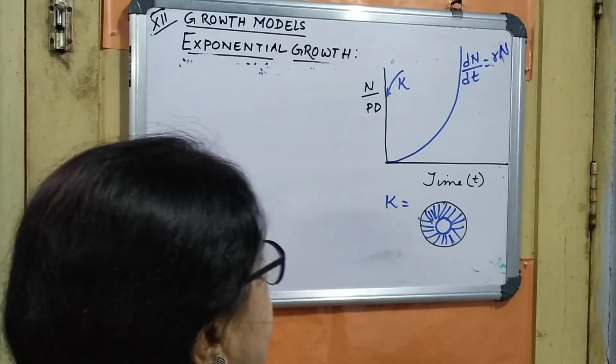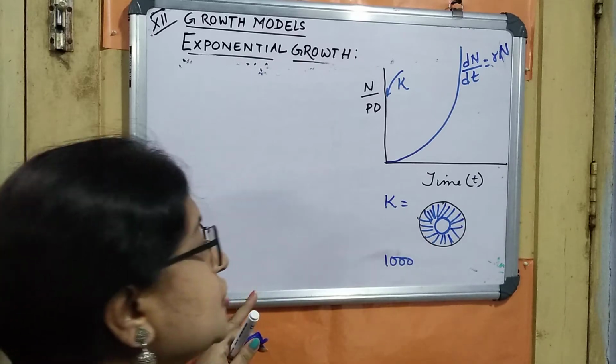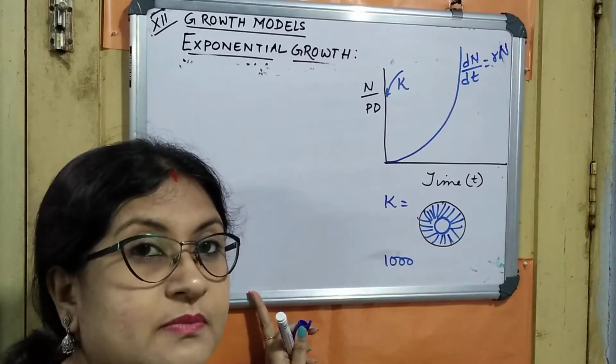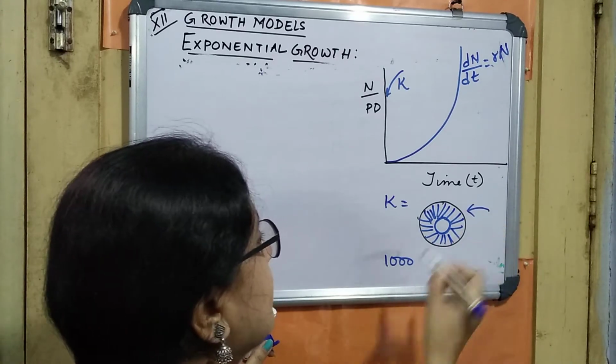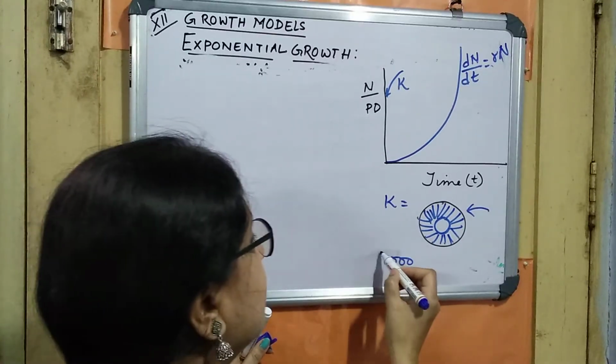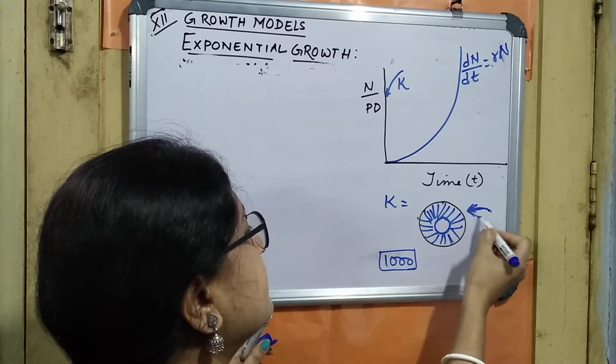Now suppose for all the people, I have a limitation of 1000 chapatis at my home. What will happen if another person comes from outside? I will not be able to share the chapati with that person, so that person will be starving.